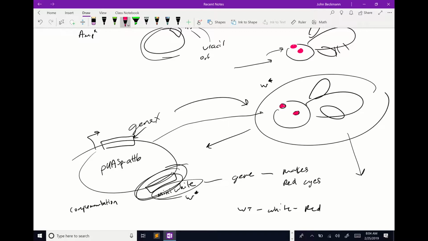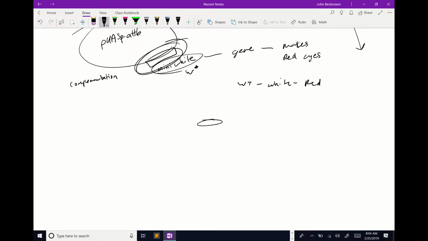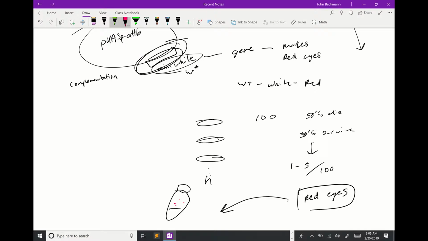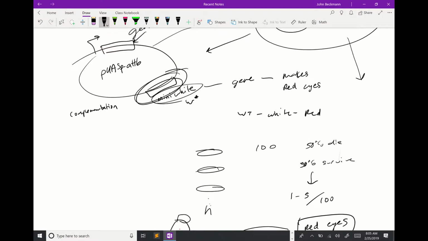So in flies, let's say we get 100 eggs and we inject 100 of them, and let's say 50% die and 50% survive. And of those that survive, maybe only 1 to 5 out of 100 come out with red eyes. And then we just take those ones that have red eyes and we put those in a little tube and we just pass those red-eyed flies. So that's how we select for